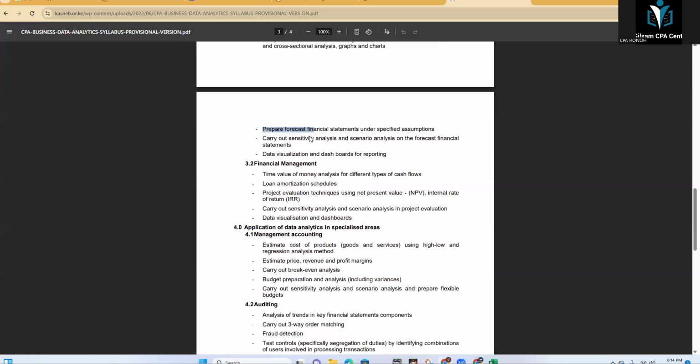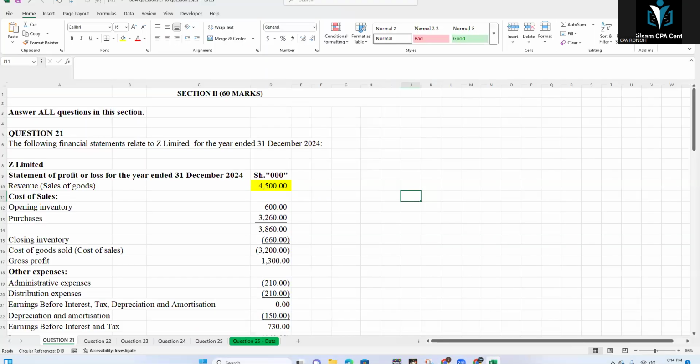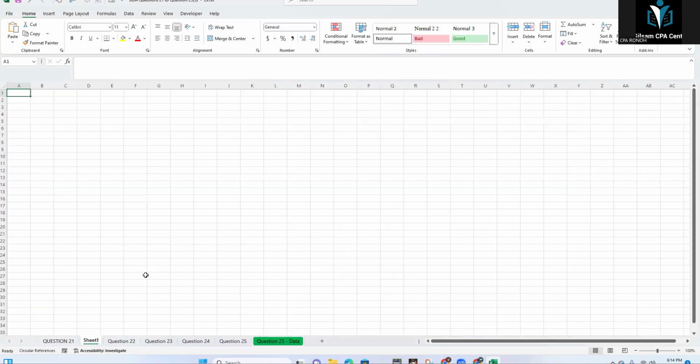forecast, financial forecast under a specific assumption. So this one is you're forecasting. Like when we are told to prepare a financial statement under a specific assumption, it is basically your projection. You are doing a projection given certain assumptions. Like if you check this question,